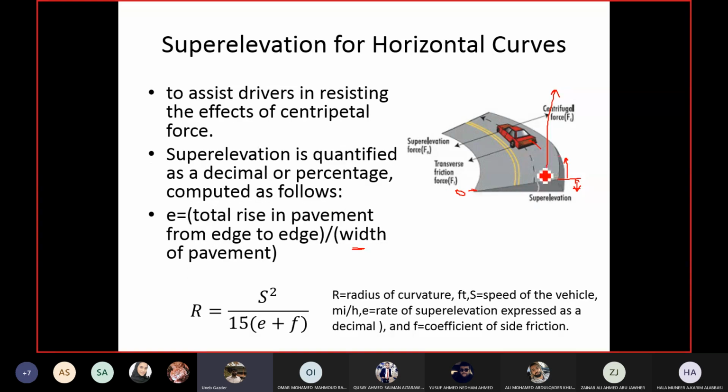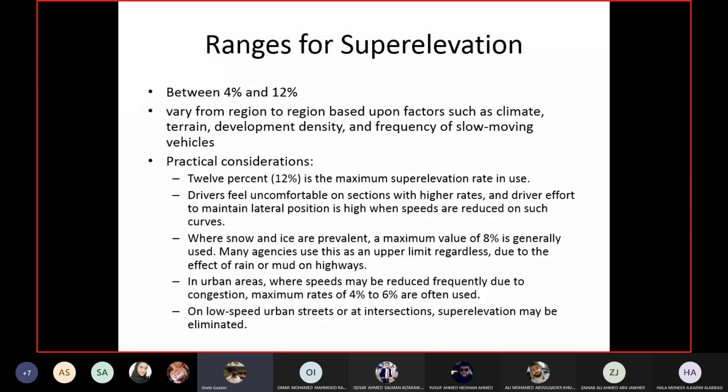If the super elevation is very steep, what will happen? The driver cannot go in a circular path like this. He will go something like this. He may end up too much on the outside edge, or too much on the inside edge, and then he will try to balance himself. He will try to go back to the center, and so he will keep going from one edge of the lane to the other. He will have problems in maintaining his position in the lane. This happens when the super elevation is high, and super elevation will be high because the speed is high.